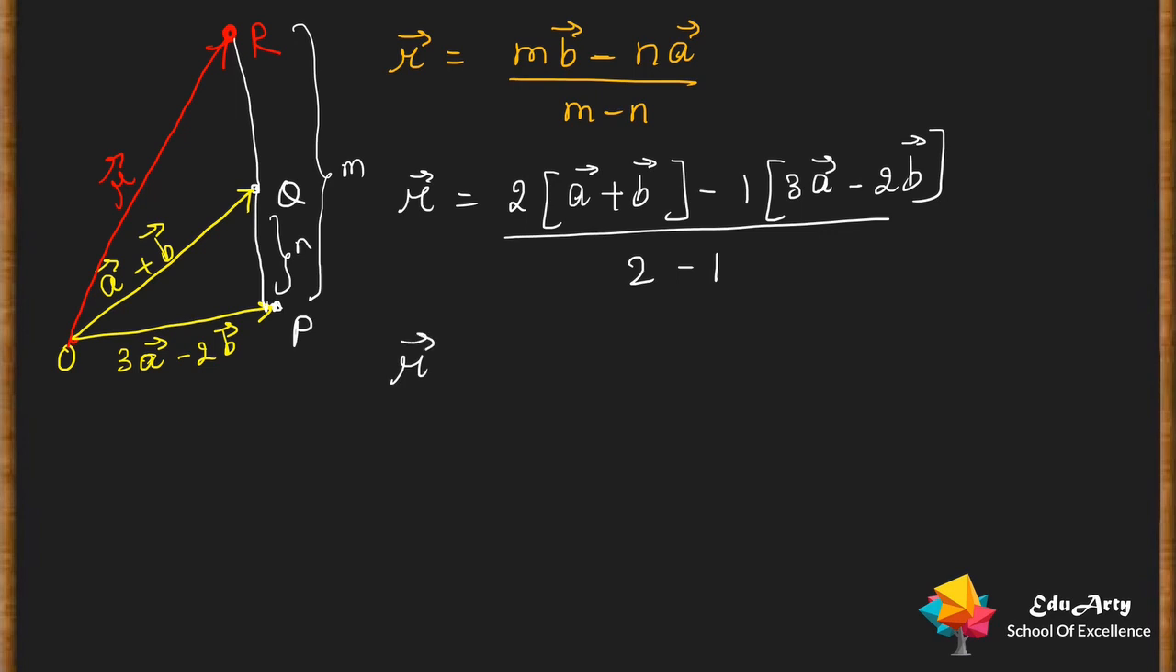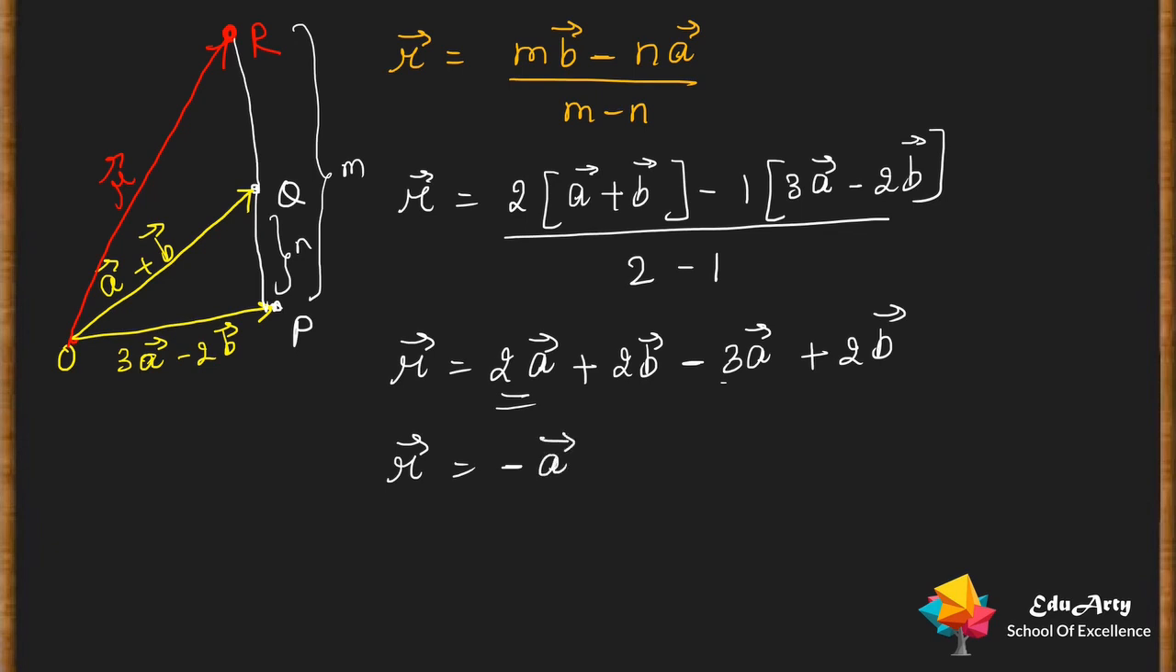This is equal to 2 into a vector plus 2 into b vector minus 3 into a vector plus 2 into b vector. So r vector will be what? It will be 2a minus 2a vector minus 3a vector will give you minus a vector plus 2 plus 2 will be 4b vector. So this will be your answer, करेक्ट।